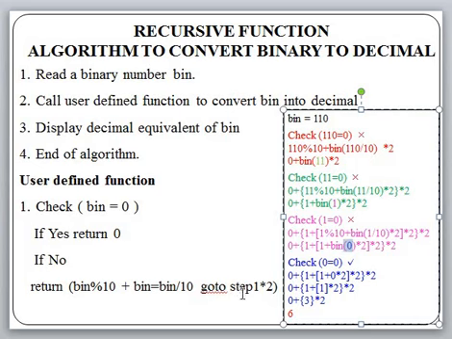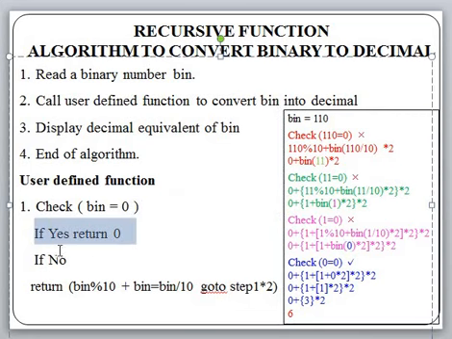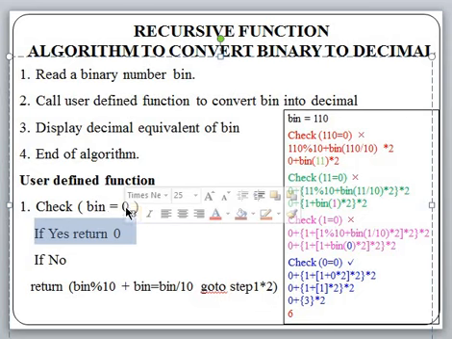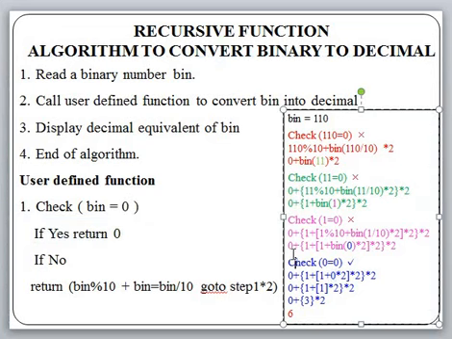Yes. When 0 is equal to 0, step 2 will not execute; now it will execute this statement, that is, if yes. Why? Because bin is 0, 0 equal to 0. So the condition is true. If the condition is true, it will return 0. So in the process, you can observe here it returns in this statement. In this statement, we have the answer for this particular bin of 0. So this bin of 0 is nothing but 0.